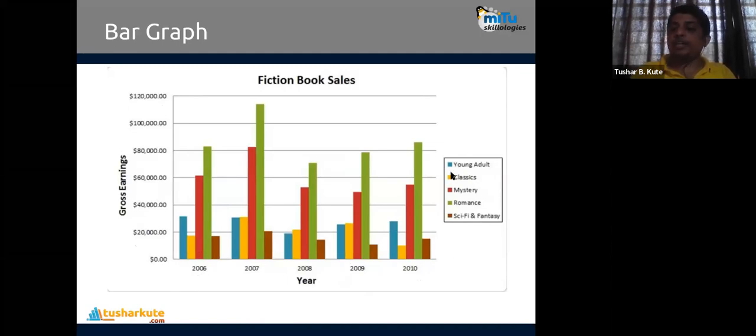From 2006, five different kinds of books like young adult, classics, mystery, romance, sci-fi, fantasy, how they are changing and which books are in demand every year. You can see romance is in demand every year. Second number is mystery every year. Then third number is young adult almost, but plus minus there with the classics also. Fine. So at a time multiple elements can also be compared.